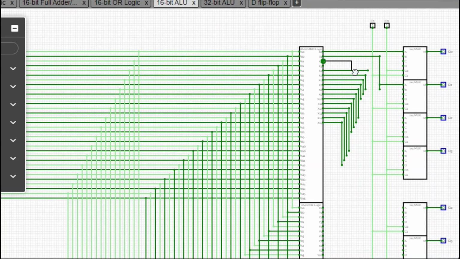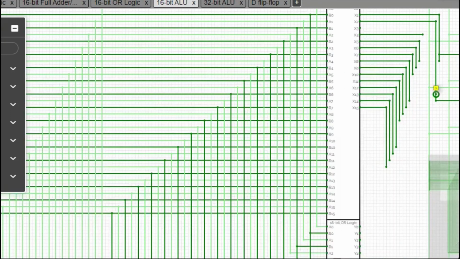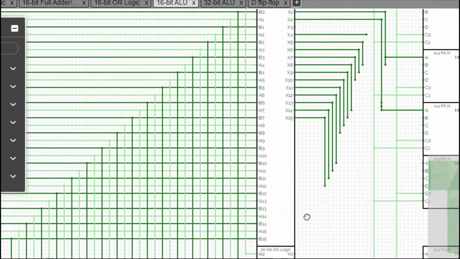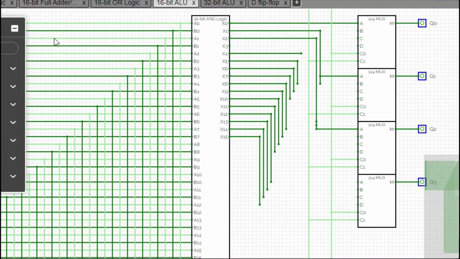Now the third output of the AND IC will go, and we will connect it to the third input of the mux. Let me zoom it a little bit so that you will have a better idea. It's a very complex circuit. Now you are able to see.